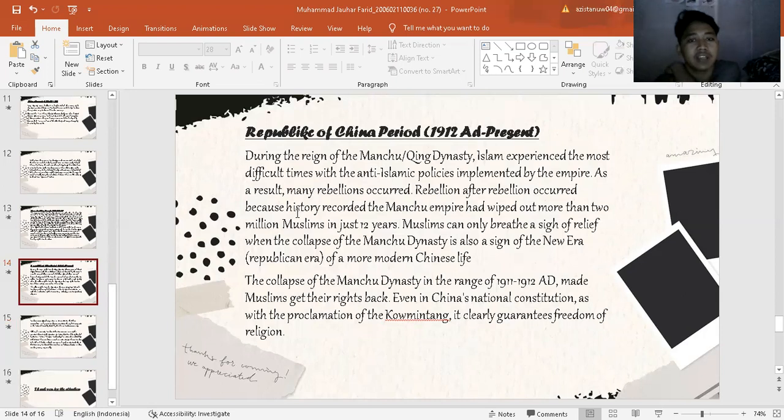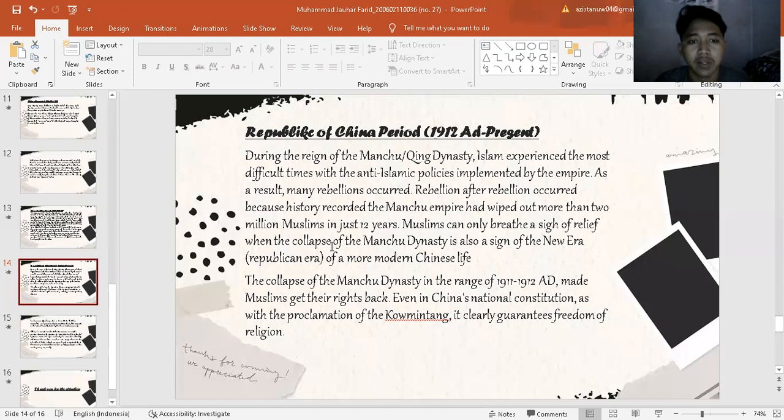Republic of China period, 1912 until present. During the reign of the Manchu or Qing dynasty, Islam experienced its most difficult times with the anti-Islamic policies implemented by the empire. As a result, many